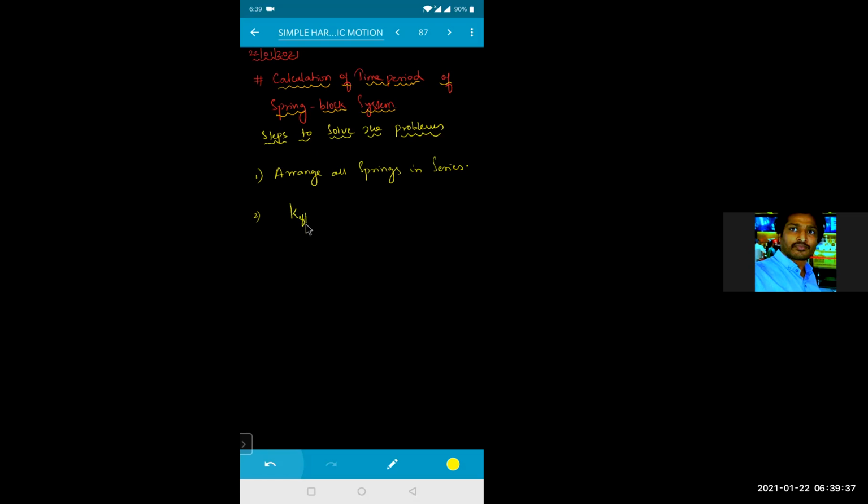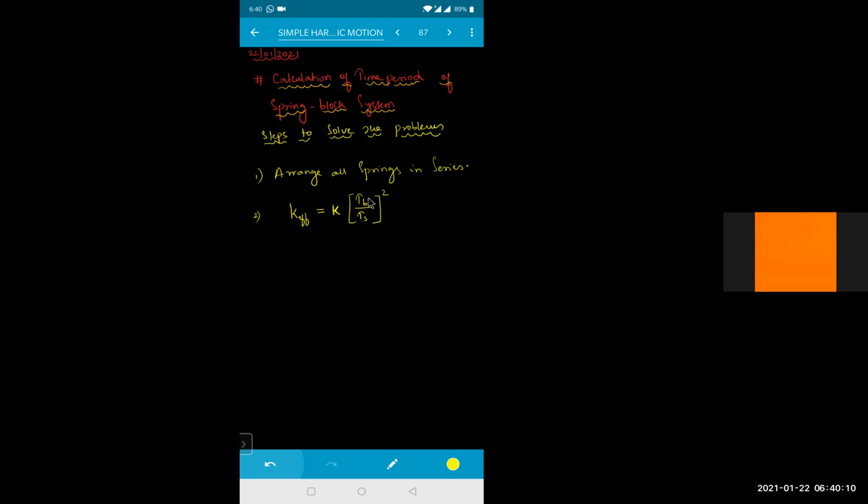Use the formula K effective is equal to K into tension on the block divided by tension on the spring, whole square. We don't have the derivation of this one right now, beta. Only to reduce your time, we are using the shortcut. So for your n springs and one block, K effective is calculated by the formula: K effective is equal to spring constant of the spring, that is K, multiplied by tension on the block divided by tension on the spring, whole square.